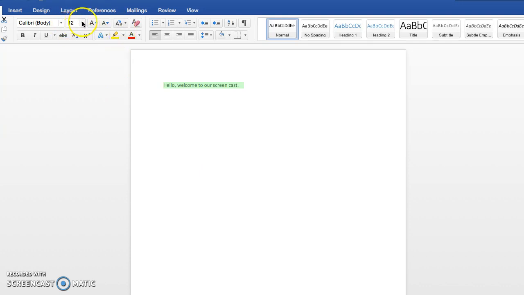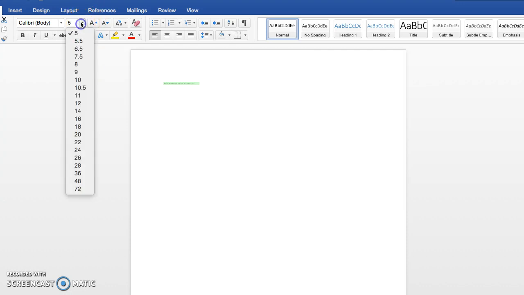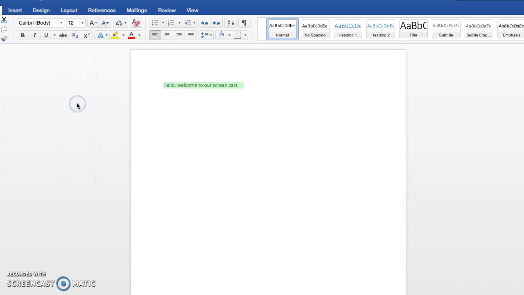So the next thing we're going to talk about is how to change the font size. So you'll come up here next to where the font is, and you'll have them look down this list. And sometimes you can make it fun by having them select really big letters, and sometimes you have them select very small letters, and you just let them play around with it. But you tell them that the normal one that they will need to make sure they have is a 12-point